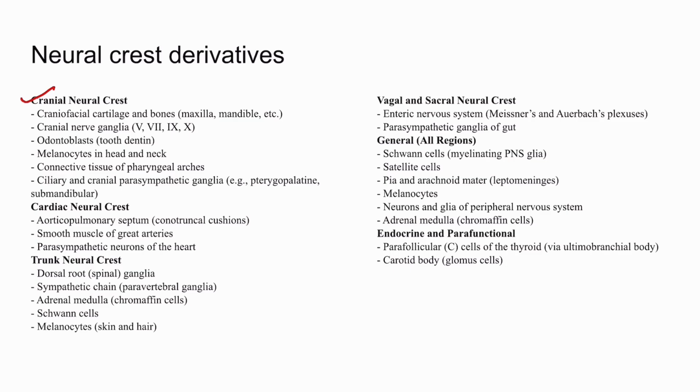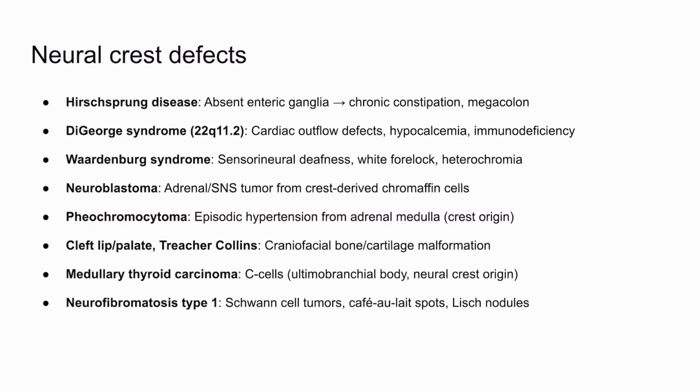and vagal and sacral neural crest derivatives include the enteric nervous system, like the Meissner's and Auerbach plexus of the GIT, parasympathetic ganglia of the gut, and endocrine derivatives include the parafollicular C cells of the thyroid and glomus cells of the carotid body. Neural crest defects include Hirschsprung disease, that is the failure of enteric ganglia formation in